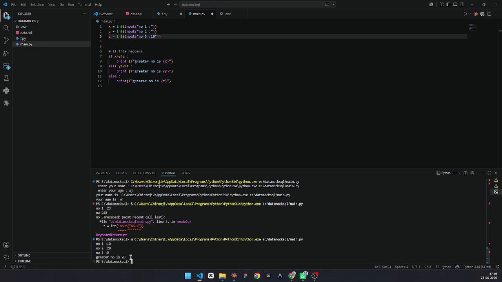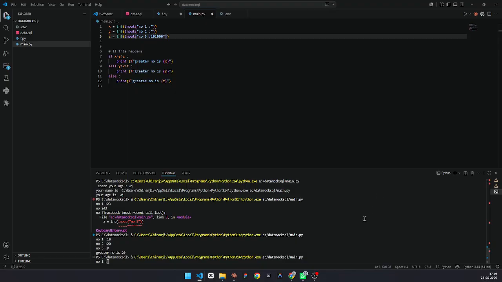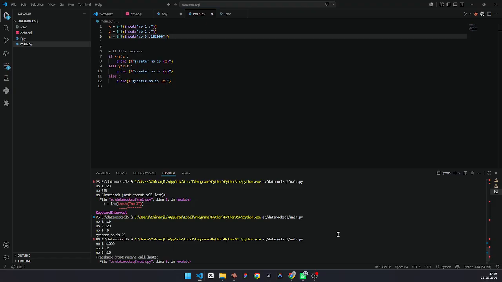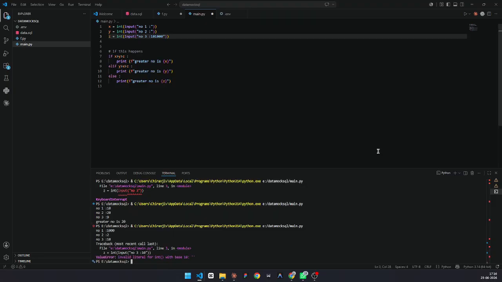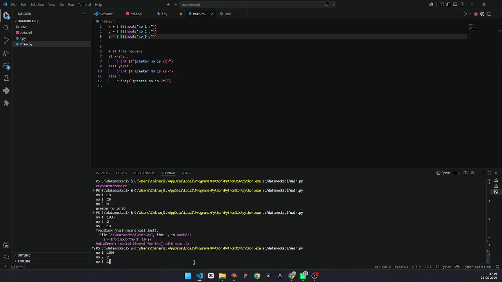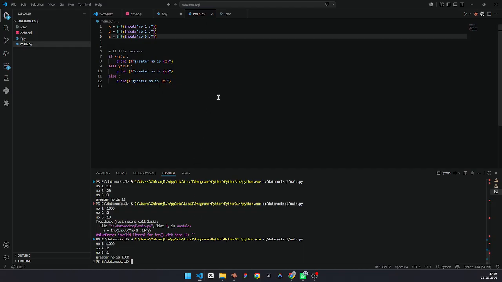See, the greater number is 20. And let's say again turn on the program, like 100. Oh, sorry, I forgot to do this. Let's say I put it like this, then 2, and let's say 1. Greater number is 1000. That's the entire thing.